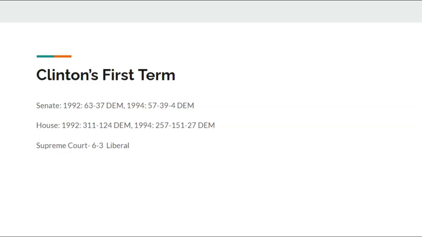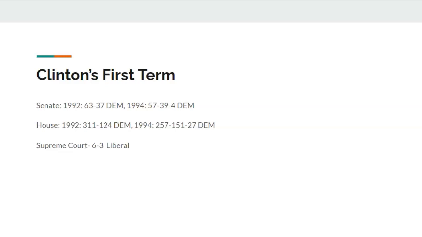Within Clinton's first term after the 1992 elections, the Democrats have a 63-seat majority in the Senate and a 311-seat majority in the House. After the midterms, as you can see here, we have 3 numbers instead of just 2, as the Reform Party is now a thing. Ross Perot says, "Hey, we're running again. We're starting our own party. We're going to make sure this is right. We are the Populist Party, America First," all that good stuff. Not right nor left, but forward, all that good stuff.